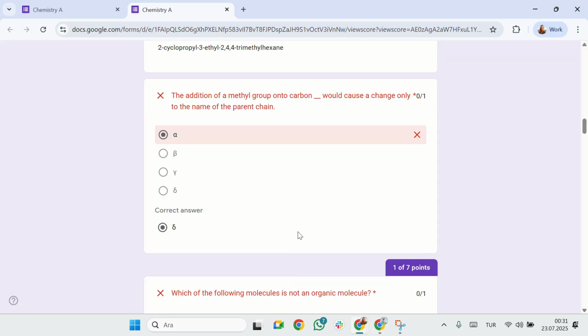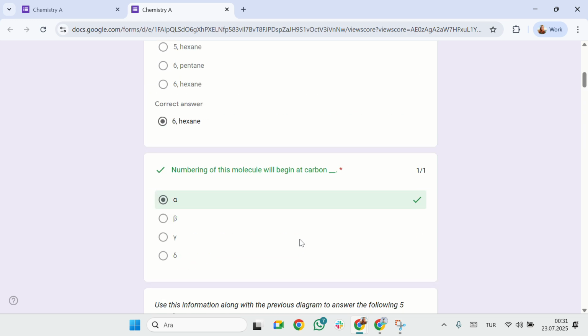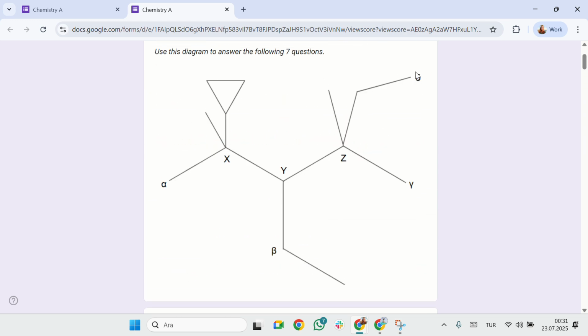The addition of a methyl group onto carbon delta would cause a change only to the name of the parent chain. Oh, so it should change the name hexane. So if we put in here,